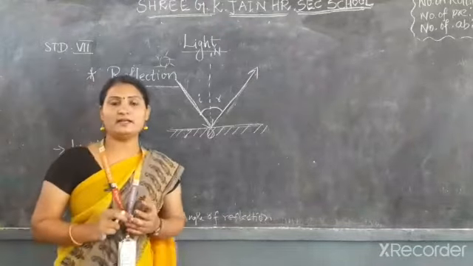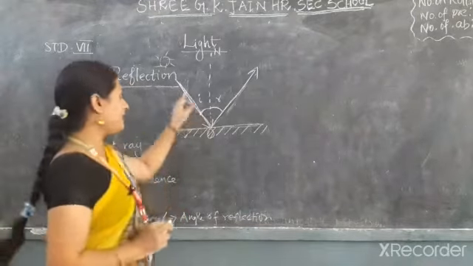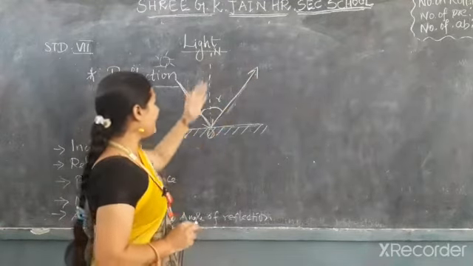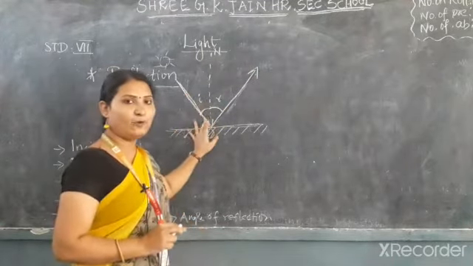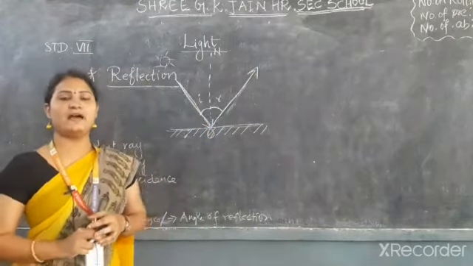So this is the law of reflection. The second law of reflection: the incident ray, the reflected ray and the normal lie at the same point on the same plane. So we have discussed about the